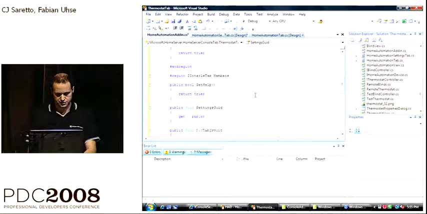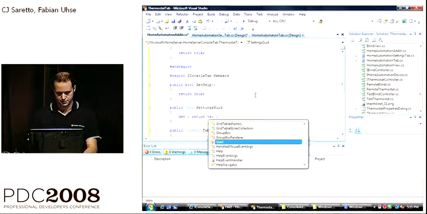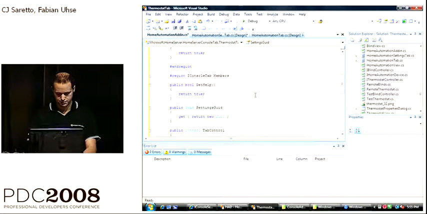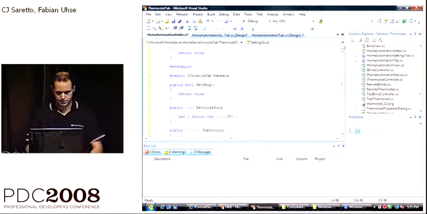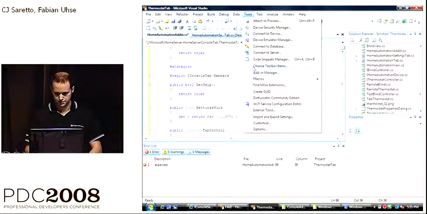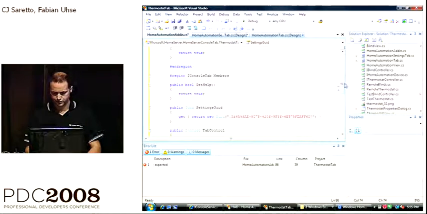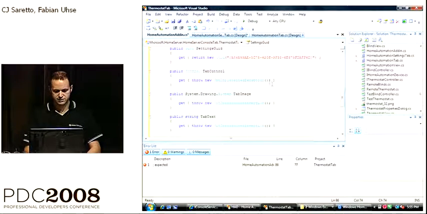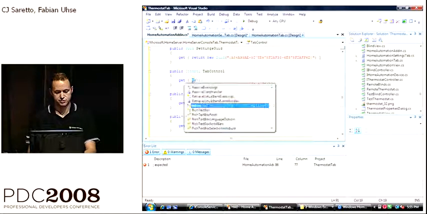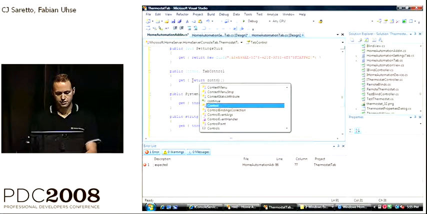We're just going to return a new GUID. And I'll just simply use the toolbar to get myself a new GUID. There we go. I obviously need to return the user control that represents my settings tab, so I'll do that quickly. Return control.